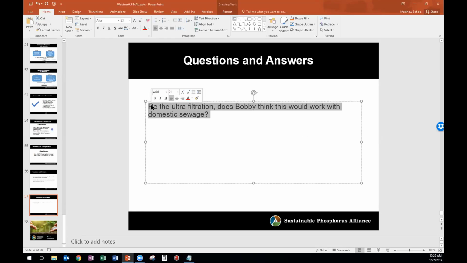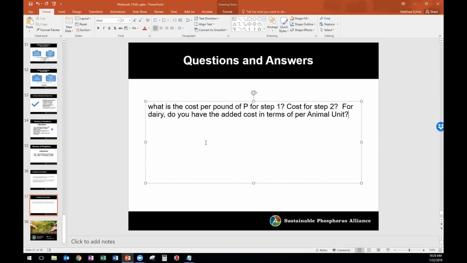Great. Next question that came in is, what is the cost per pound of phosphorus for step 1? For step 2, and for the dairy, do you have the added cost in terms of per animal unit? And maybe you could remind us what step 1 and step 2 are. Yeah, so for step 1, where we're doing a screw press and an ultrafilter, typically we can achieve that 80-20 split of filtrate and concentrate for somewhere between 1/2 and 1 cent per gallon of liquid manure. So on a per pound of P basis, again, depending on how you're doing your accounting for capital costs and operating costs, it's